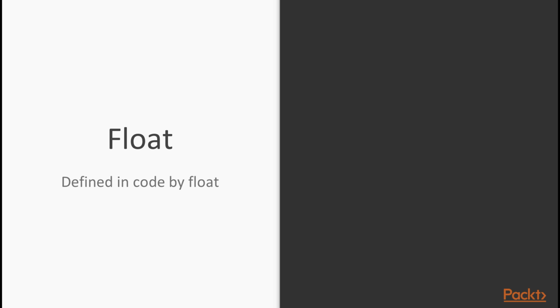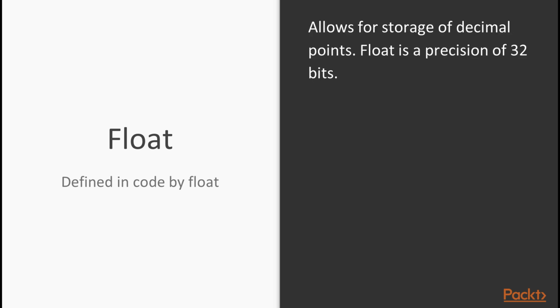Floating point arithmetic, or floats, are defined in the code by float. This allows for the storage of decimal points, or more precision. Precision is pretty much how many decimal points you want to use: 0.0, 0.01, 0.001, 0.0001. Can go very far, up to, for floats,